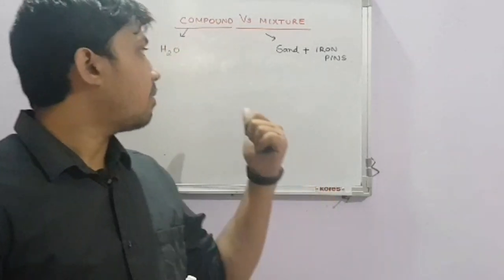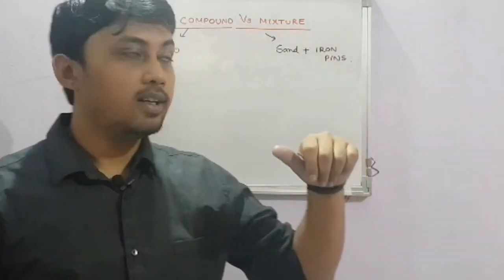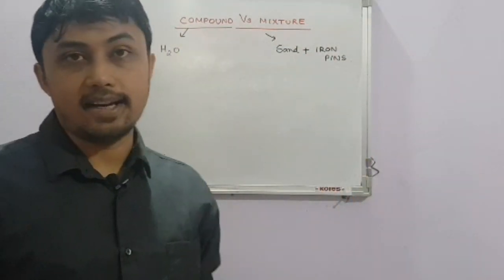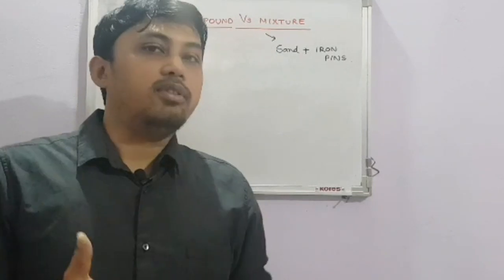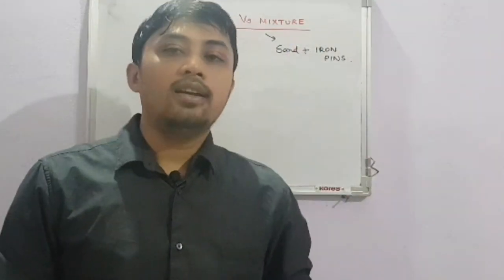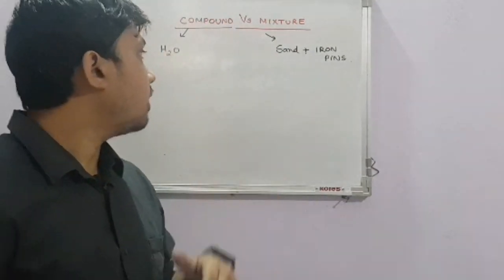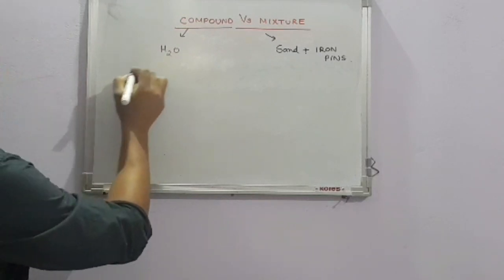I have written examples: a compound is water, and a mixture is sand plus iron filings. Obviously, you must be knowing all these examples. How are they different now? How is water different from sand and iron filings, right? All the differences we are going to learn in 4 points, right? The very first point is that if you look at this water,